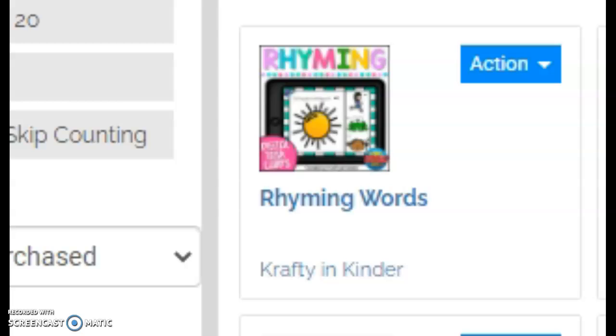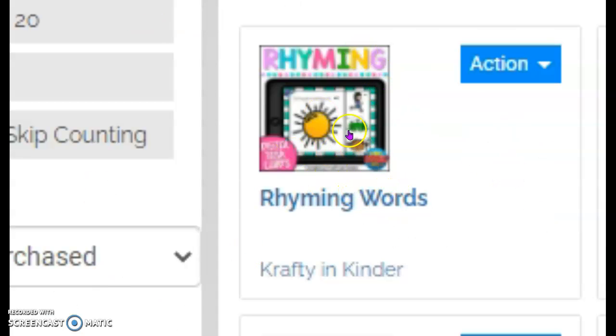There, for today's reading activity, it's going to be a Boom Cards activity. The title is Rhyming Words, and this is what it looks like. On your slide, you'll have a little image of what the activity looks like. You're going to click on the Boom Cards picture, and then a link will come up and it'll direct you